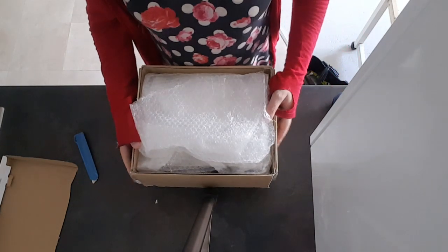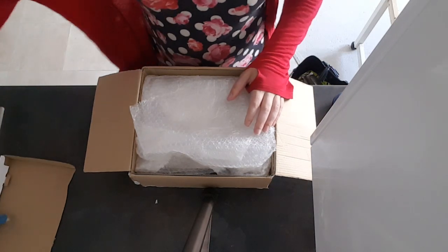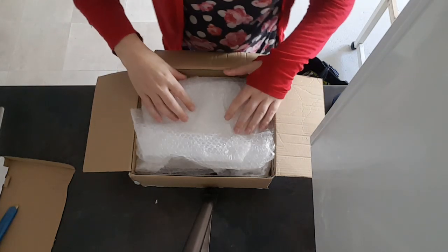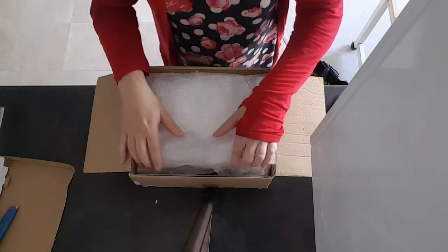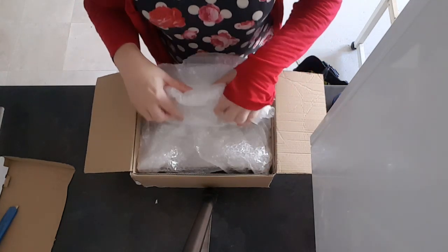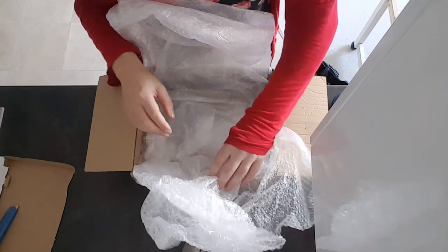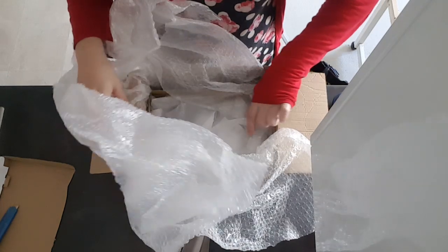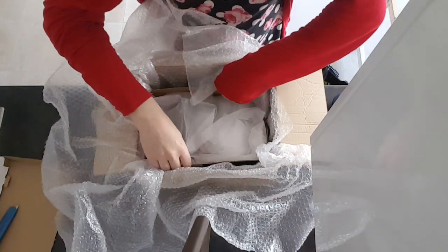It arrived, and I should also point out that he was kind enough to send this out special delivery, which was ace. Unfortunately, I was working, so I've had to wait a few days before I could actually collect it. So I've actually picked this up this morning. And I kind of wanted to get it out of the box, but I didn't really want to do it until... So this is it here. Right, so that's...